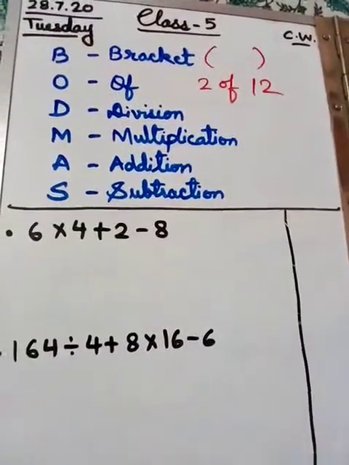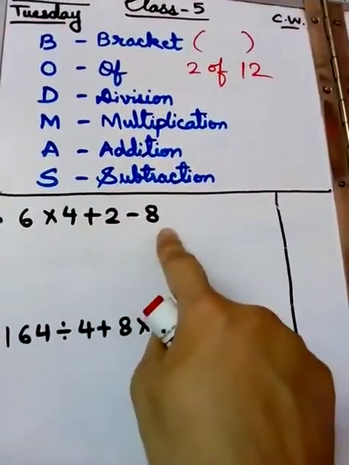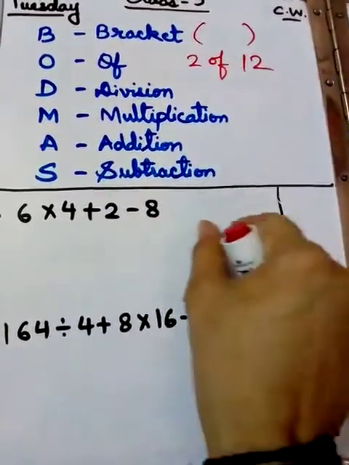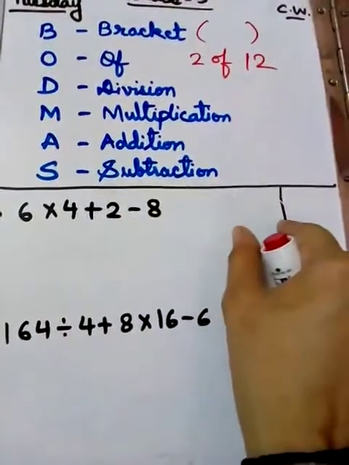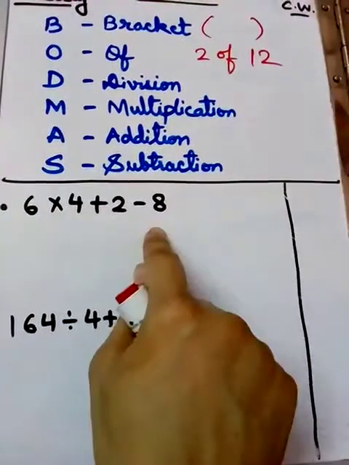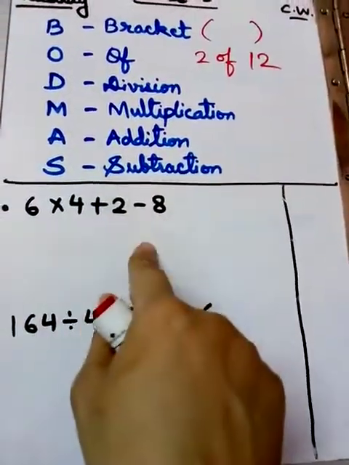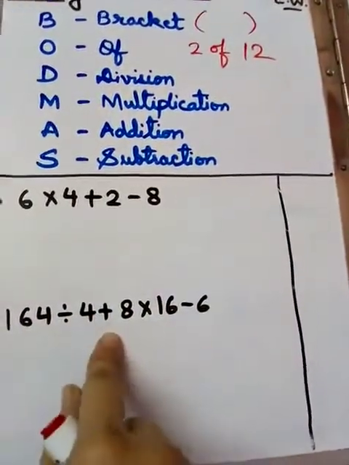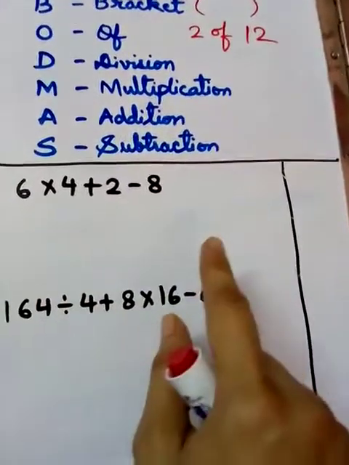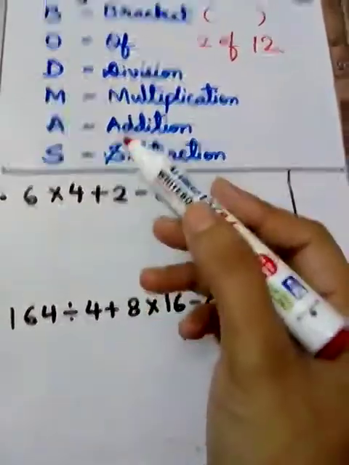There is a series. This BODMAS rule is applied when in a question we have more than one operation. Till now we have done multiplication, only 2 numbers are given for multiplication, 2 numbers are given for division. But here what are we given? We are asked in a single question to multiply, to add, to subtract, or here to divide, to add, to multiply, to subtract. So for getting the same answer every time, we have to follow a rule.